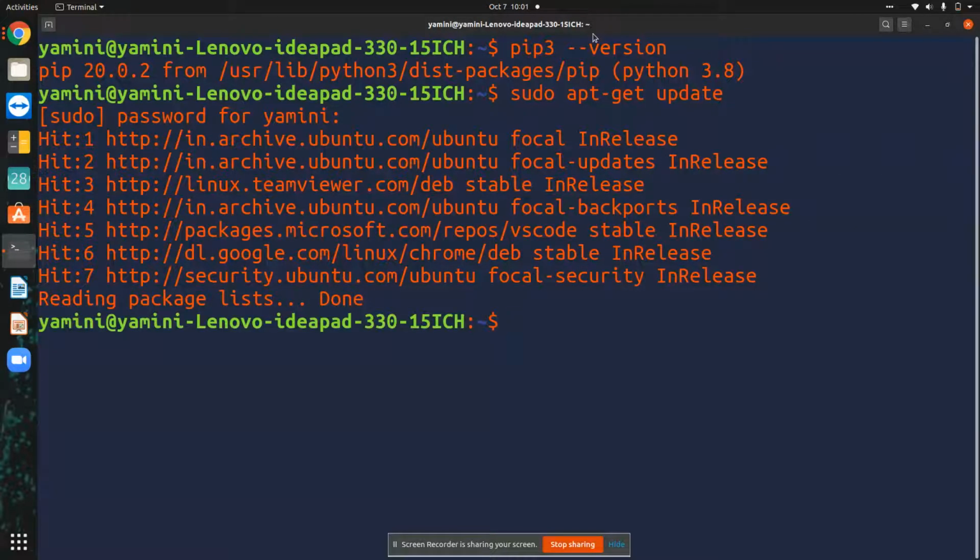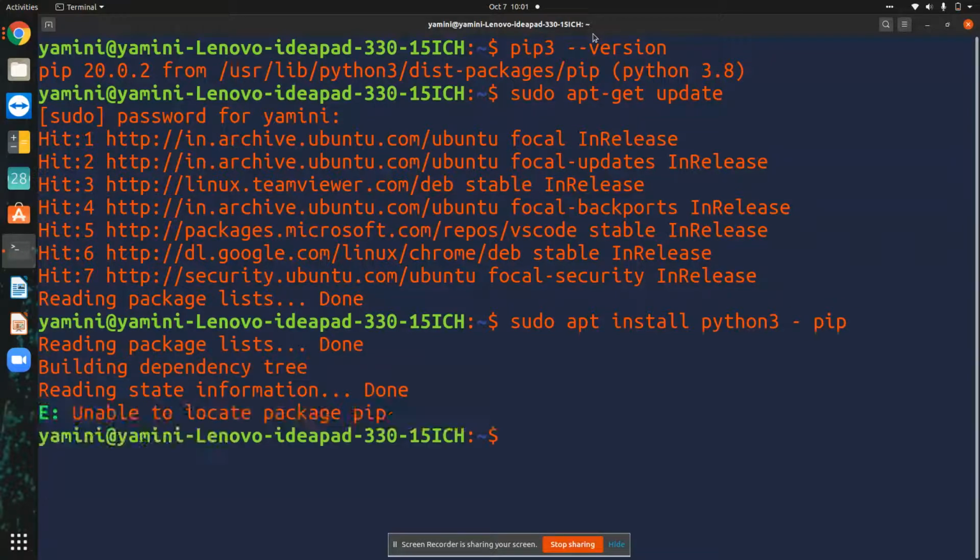So it's done. Now we will install using sudo apt install python3-pip.